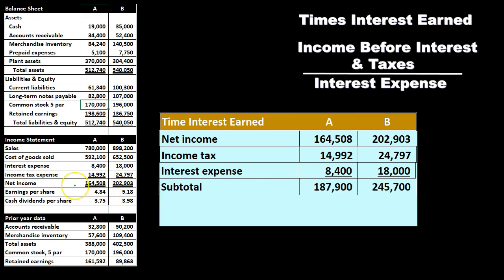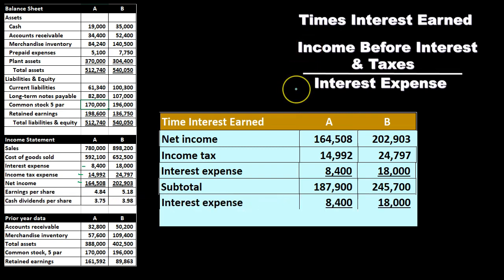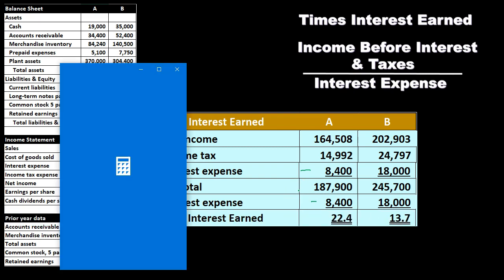So we took the net income, we took out the income tax, we took out the interest expense on the income statement. These are the numbers we took out here. And that'll give us our subtotal, which you could call, of course, income before interest and taxes. We have the top line item now, and then we're going to divide that by the interest expense, which of course is the same number here. The reason we took it out is because we then want to divide it back in to see how many times we can divide the interest expense into the income before interest and taxes, in our case being 22.3 and